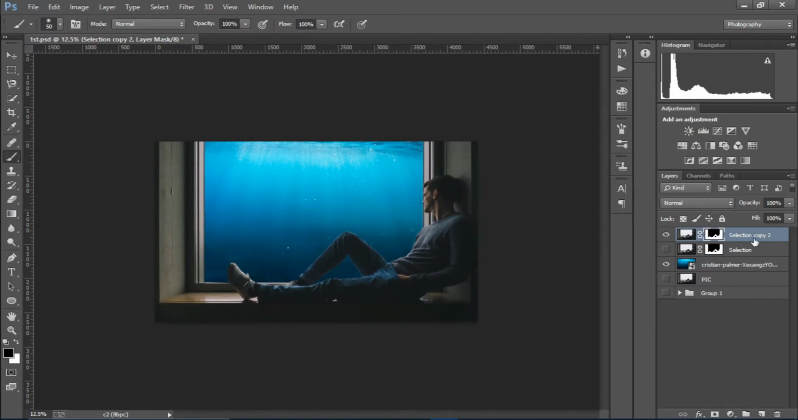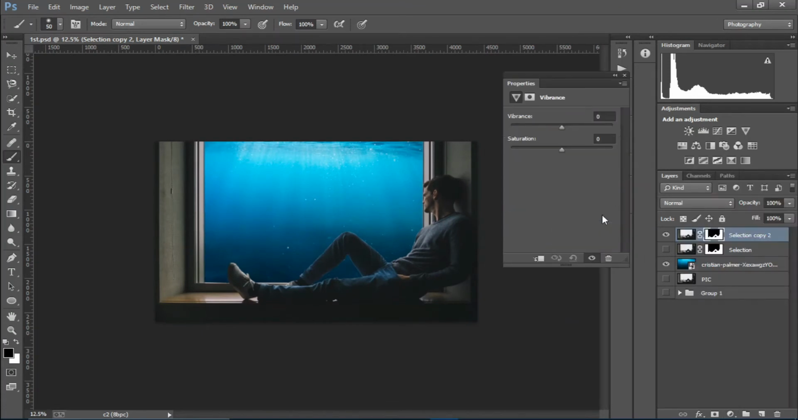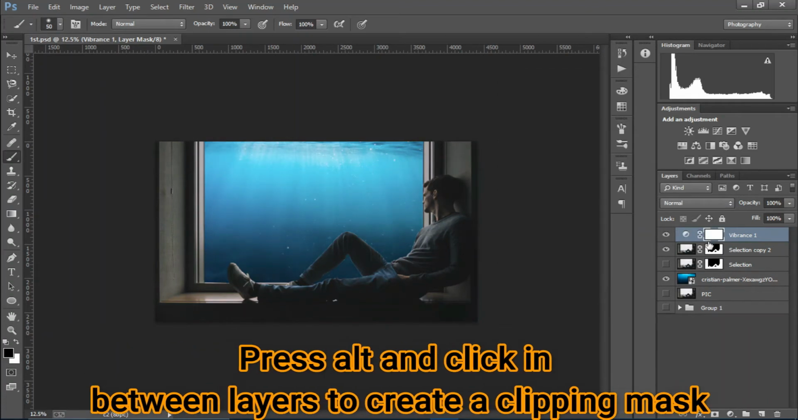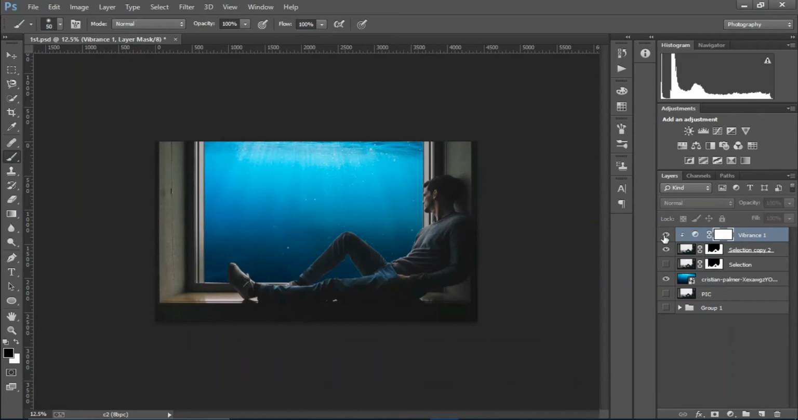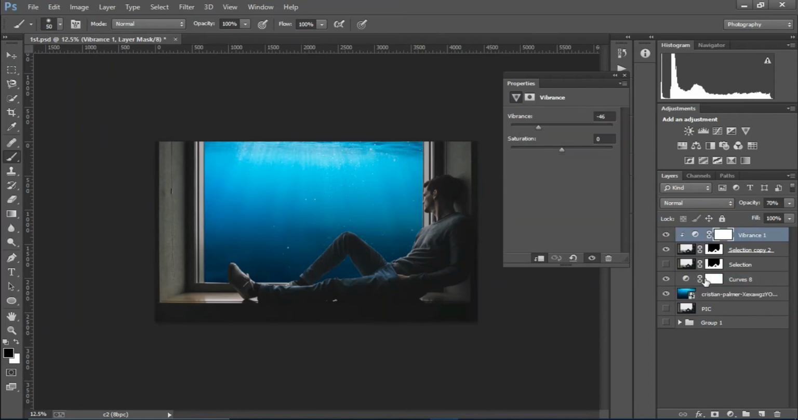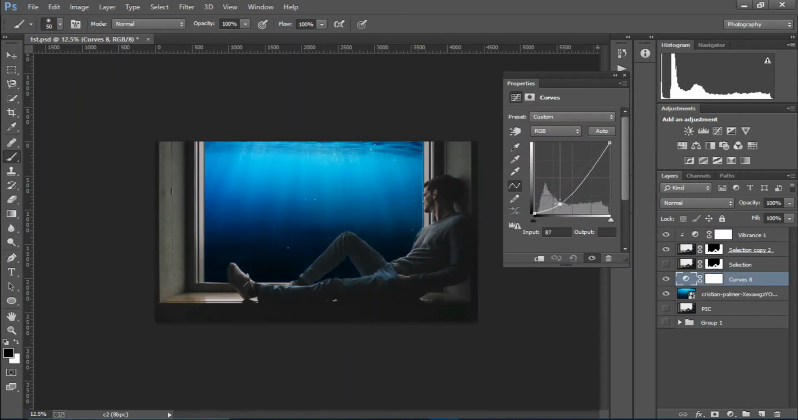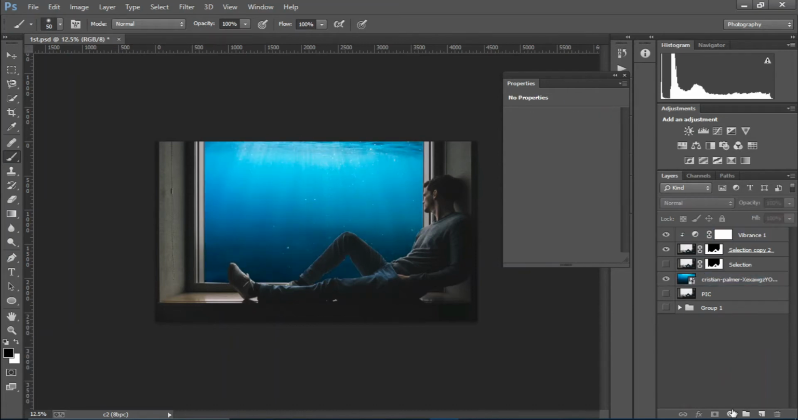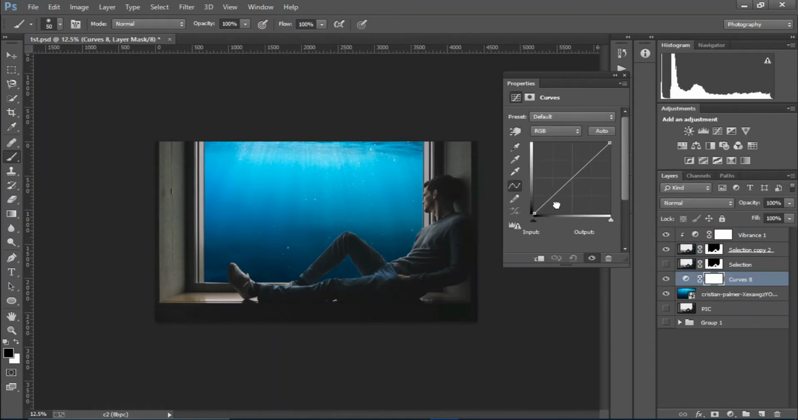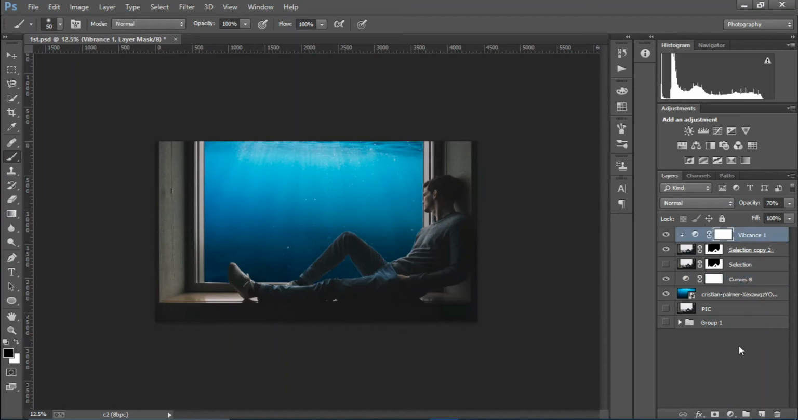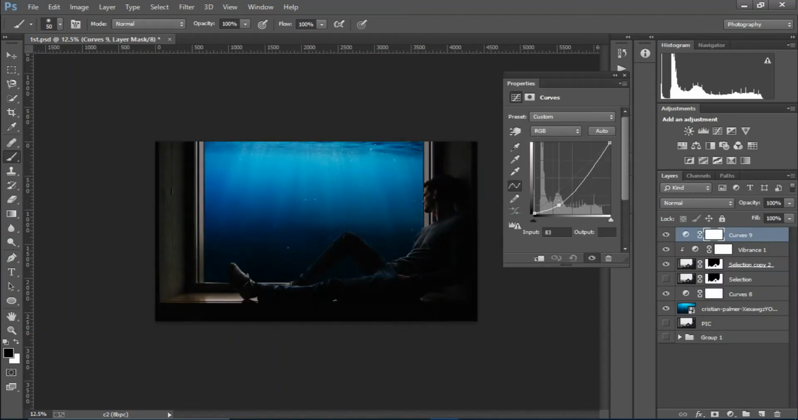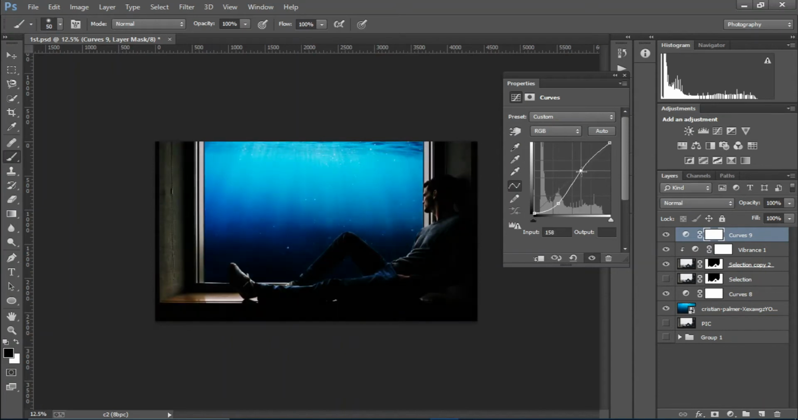Okay, so I'm gonna create a vibrance layer and decrease the vibrance, and alt click between the layers to create a clipping mask. I'm going to decrease the opacity and just create a curve, so just from there, and let's see. No, this looks unrelated. Okay, create one more time and just a touch. Yep, that looks good. Okay, I'm going to decrease the opacity and create another curve adjustment layer above all,